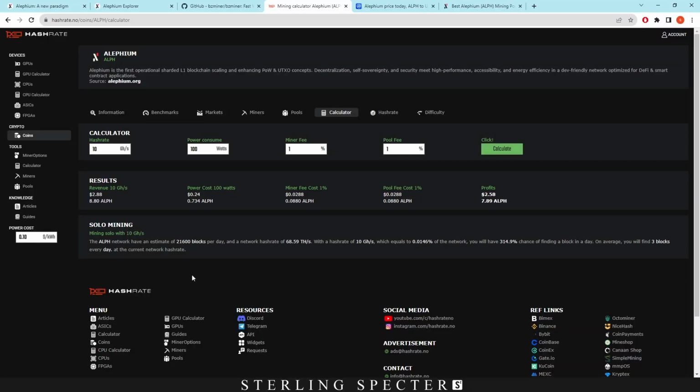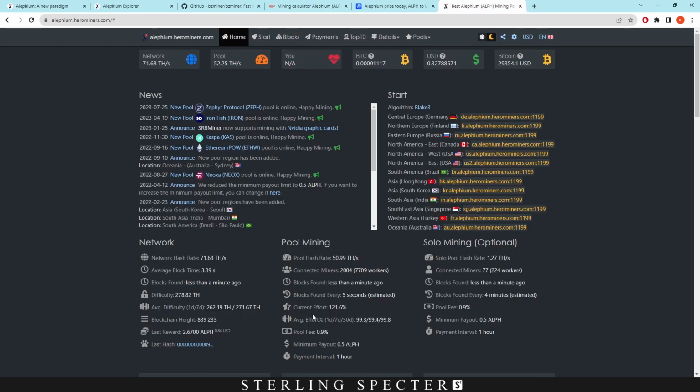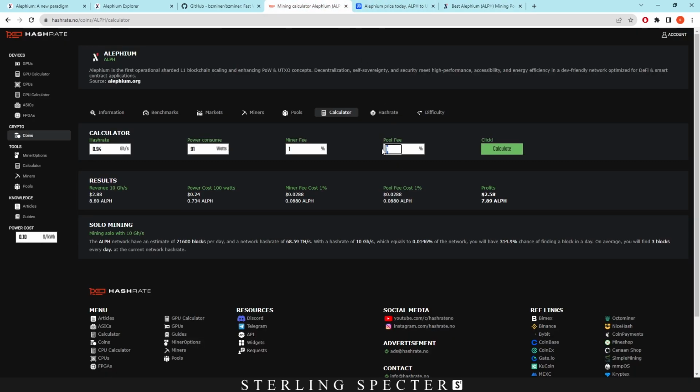So when we look at in terms of profitability, I was getting 0.94-ish gigahash, and we are at 91 watts, something around that. I believe the pool fee, as it says here, for hero miners is 0.9%. So let's click that in as well, 0.9, and the miner fee for BZ Miner is 0.75. Then we click calculate, and we can see that we're slightly in the profitable range, but we're working with a